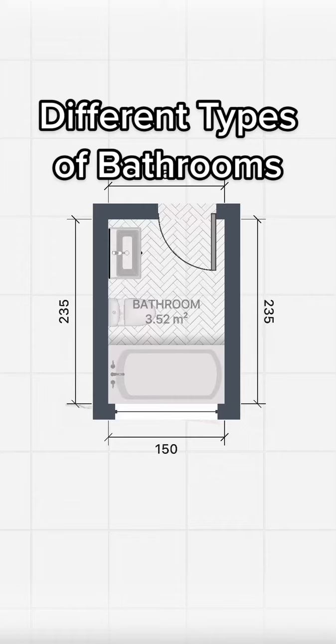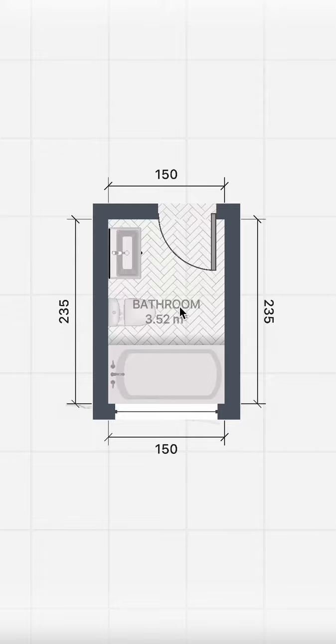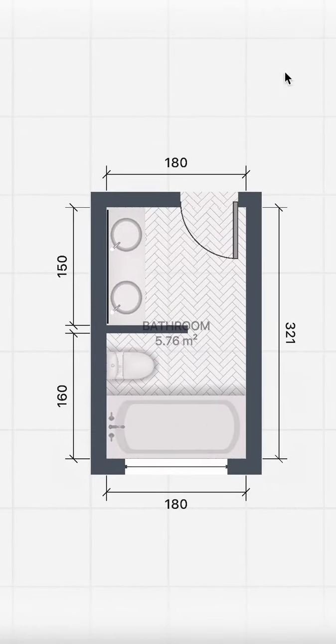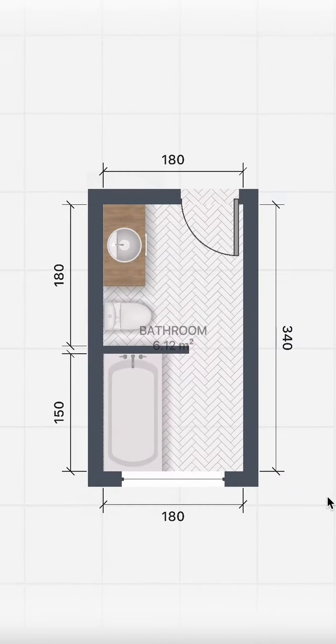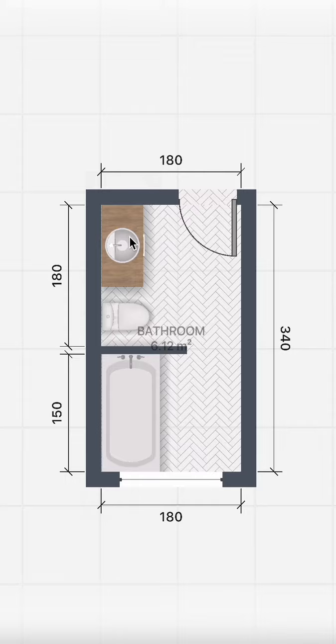In this video, I will show you different types of bathrooms and how you can plan them. This is a one-sided bathroom arrangement where you have the sink, bathtub and toilet on one side. If you want more privacy between the vanity and the toilet and bathtub, this is how you can do it. But if you only want privacy for your bathtub, then this is the arrangement where you can place a wall